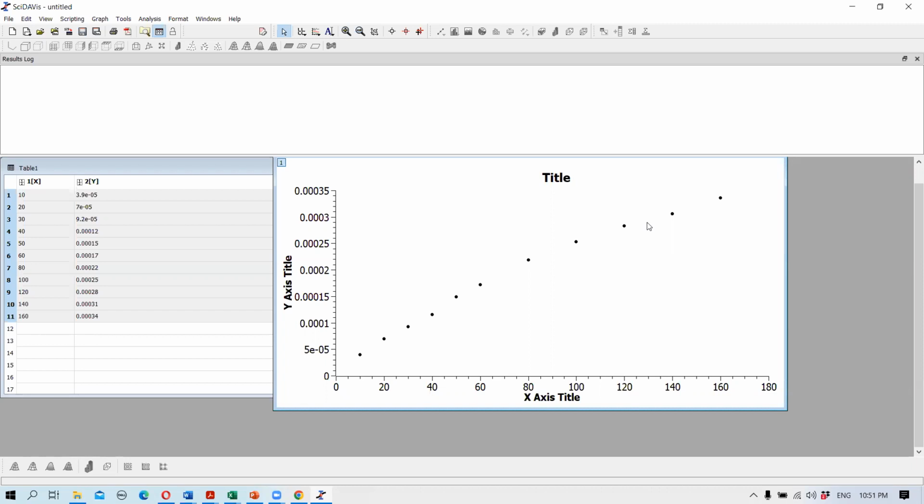So if you want to draw the best fit curve, the linear curve, how we do it using SciDAVis. In Excel, you know you can do that, but in SciDAVis, again, you can do the same thing. How we do it, you select the table or the graph, you go to